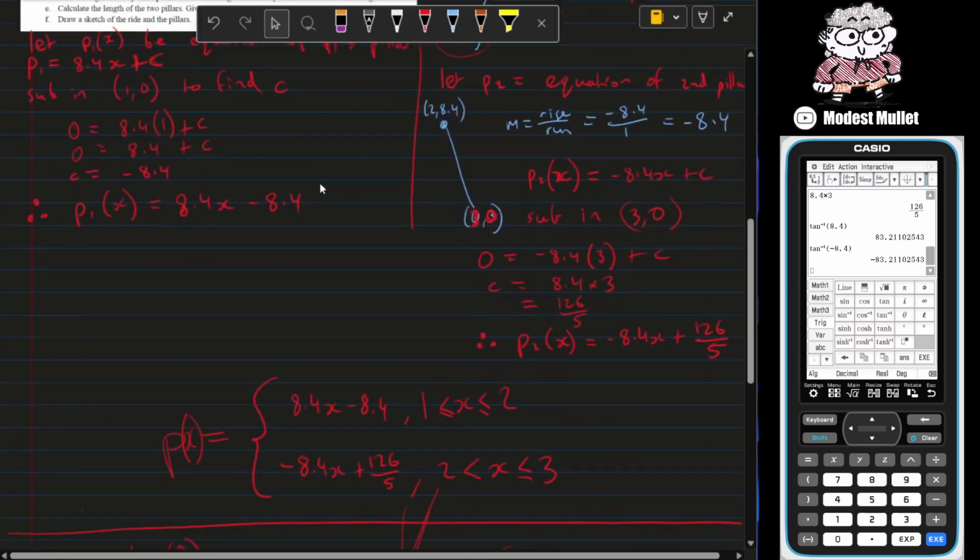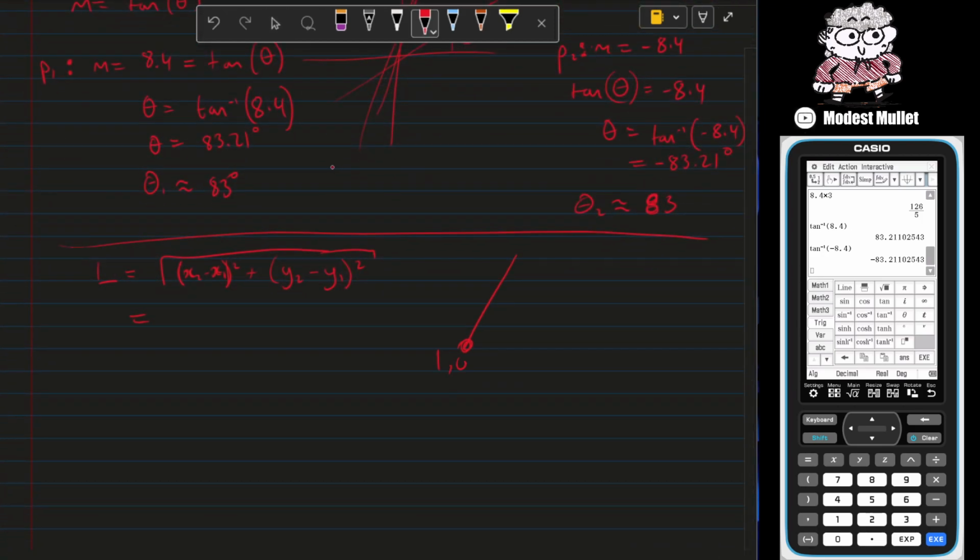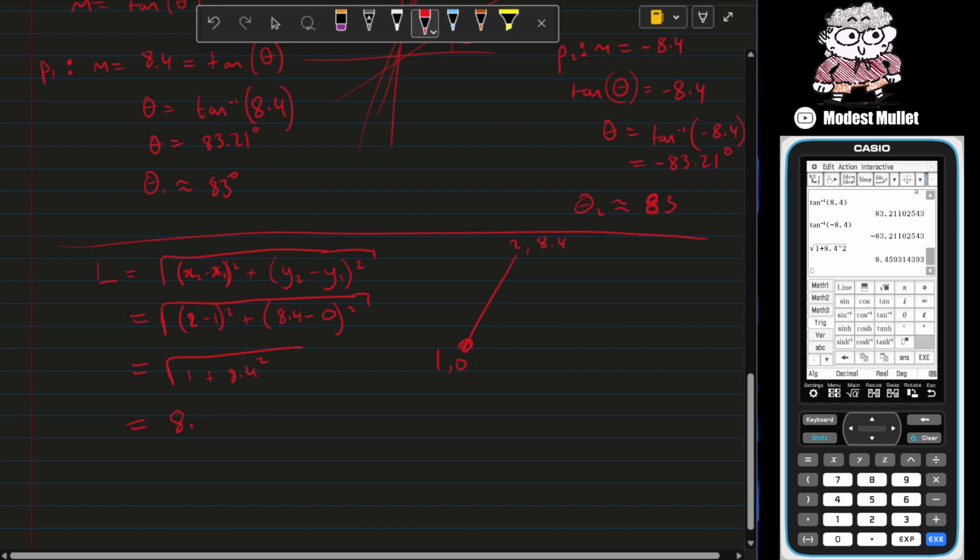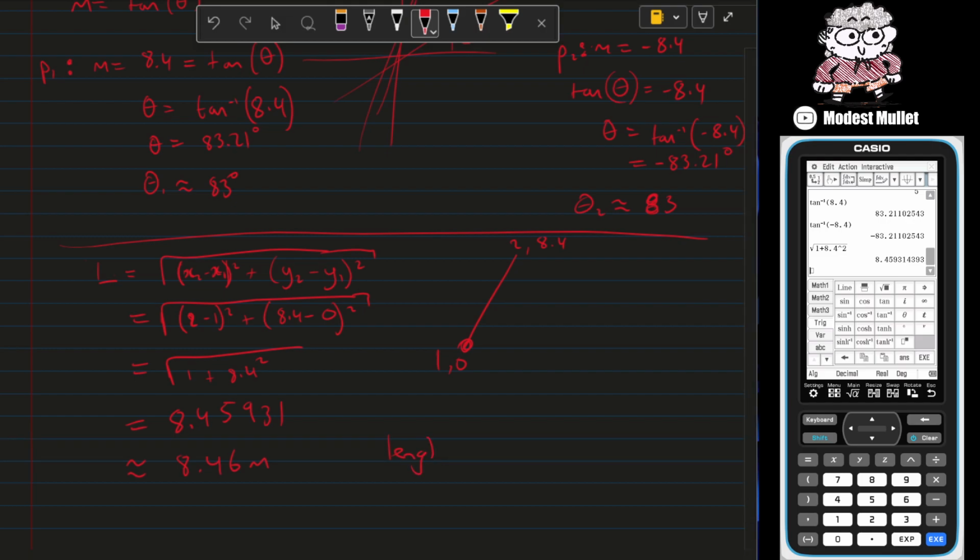So let's use a line that goes from 1, 0 up to 2, 8.4. So square root of x2 is 2 take away 1 all squared plus 8.4 take away 0 all squared gives us the square root of 1 plus 8.4 squared. Okay, square root of 1 plus 8.4 squared gives me 8.45931, so it's roughly equal to 8.46 meters. Okay, and since the pillars are identical, they're just one's going up, one's going down, we could say